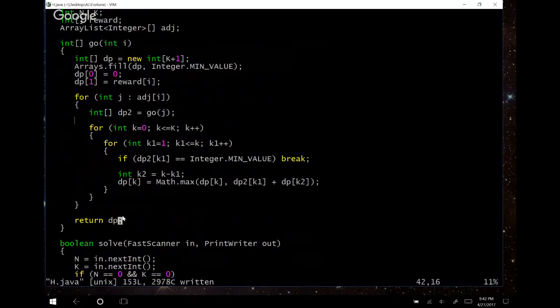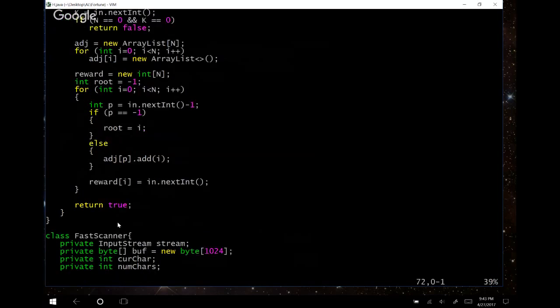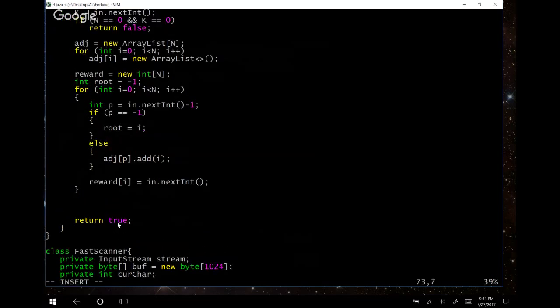And I can just return DP. It's kind of recursive. I'm doing an n squared style space-saving sequence DP here. But then when I'm done calculating that for a node, I return it so that the next one can do an n squared sequence DP for that node. So my answer for this problem is just going to be,